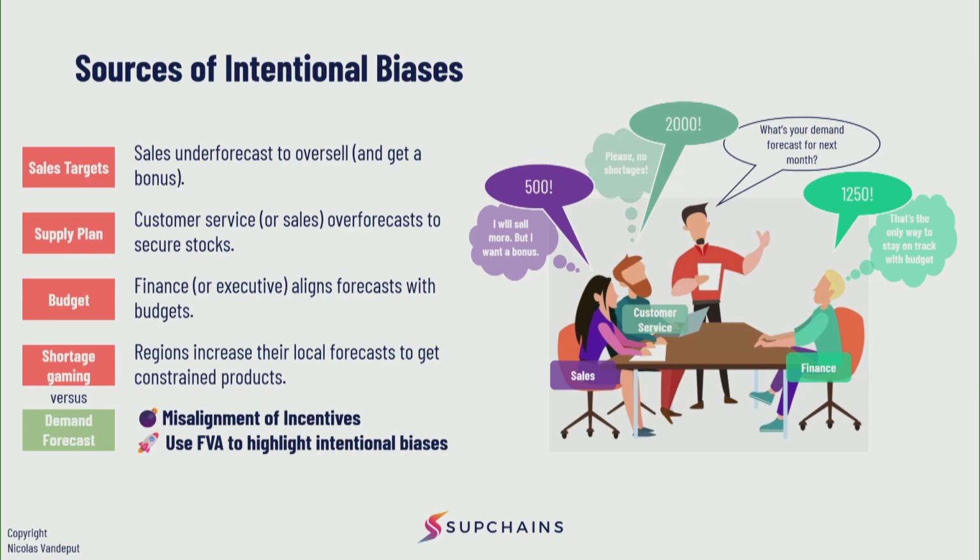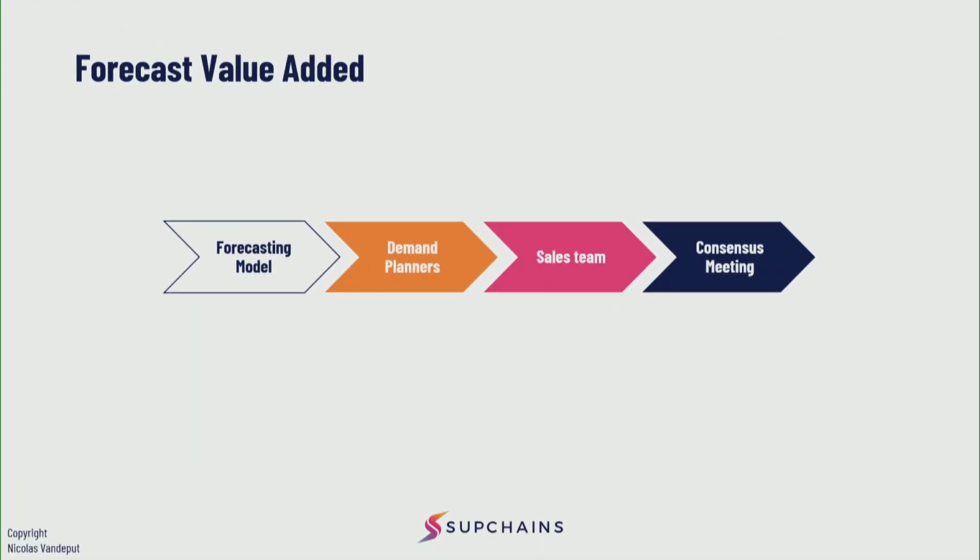Let me then discuss, I think, one of the most important points here, forecast value added. So let's imagine you have a simple process. You have a forecast engine. It could be anything. It could even be Excel. That's fine. You just have a forecast engine that generates a baseline for you. Then your demand planning team is going to review that, then the sales team, and maybe some sort of SNOP